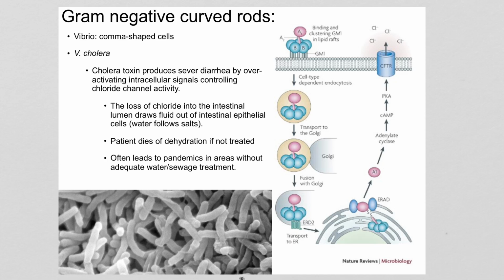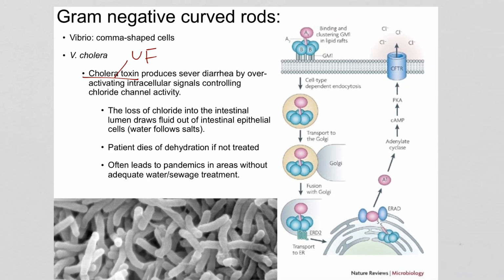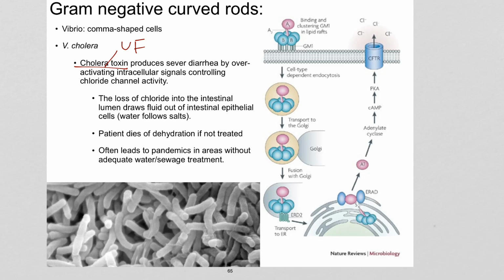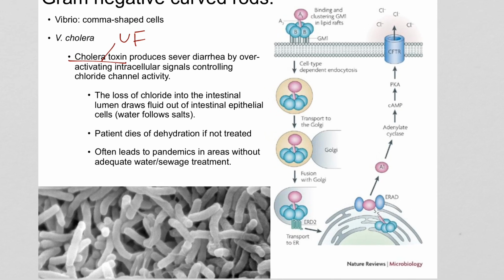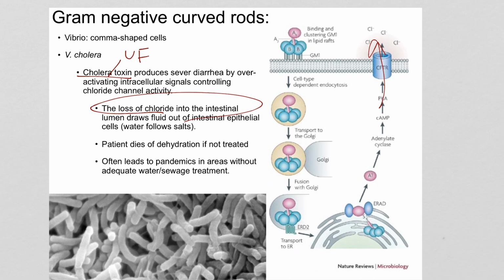So cholera toxin is the virulence factor. The way that it causes such severe diarrhea, which is really how people end up dying from cholera, only if they're so dehydrated, if they don't have access to medical treatment, is by interfering with the activity of a chloride channel, and what ends up happening is chloride starts spilling into the lumen